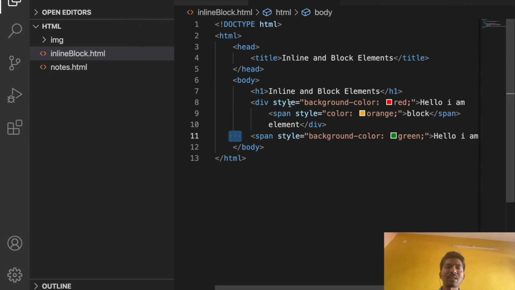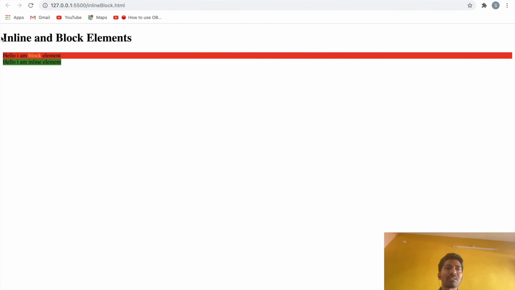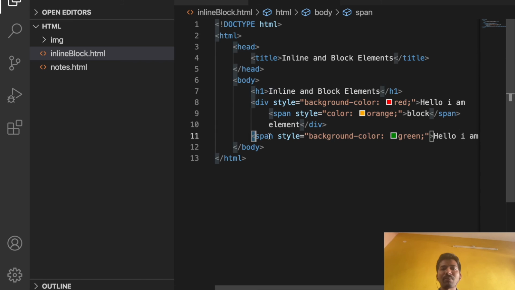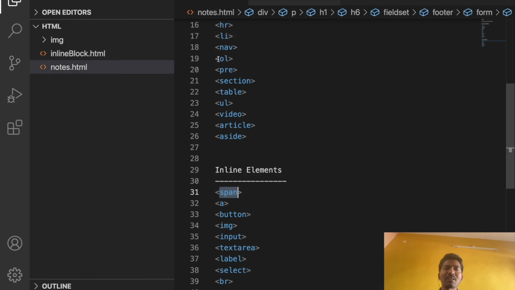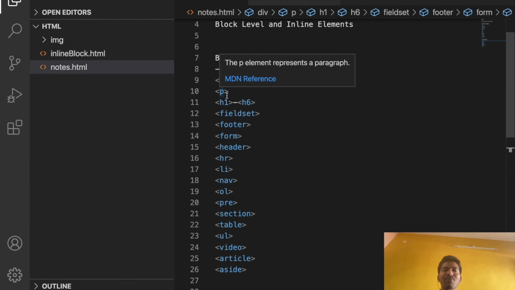So far I have explained div as a block level element. Heading is also block level, because it also occupies the complete width. Span is the example for an inline element.